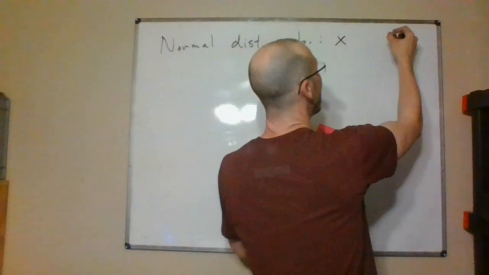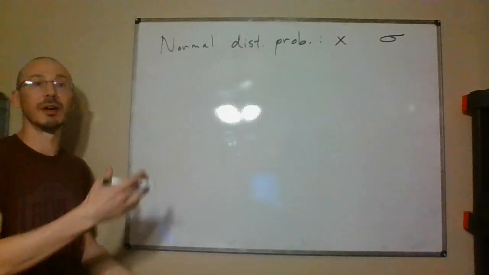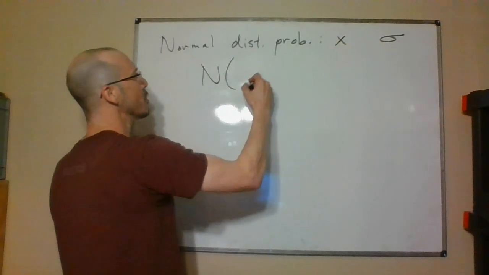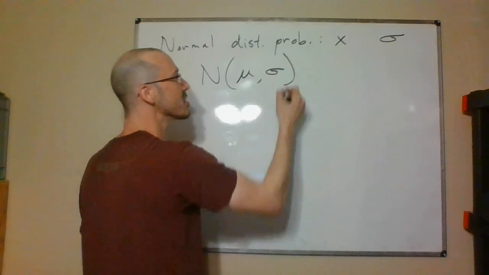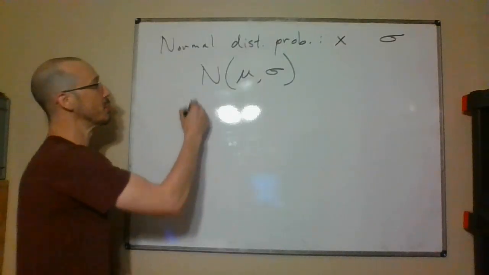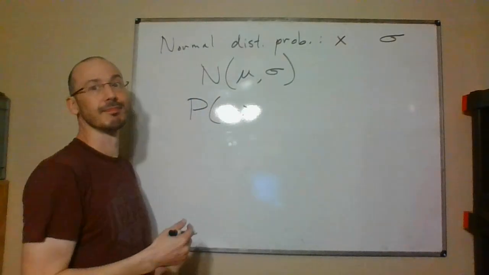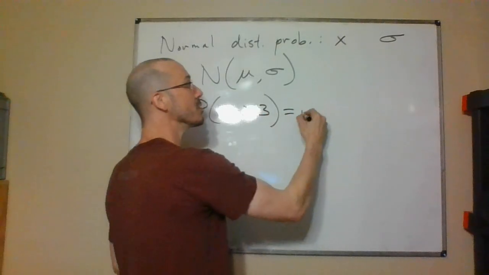And the thing we use in calculation is the standard deviation. You can use the symbol: x would be normally distributed with a mean mu and a standard deviation sigma. To actually calculate a probability, like the probability that x is greater than, just going to make something up, 3,